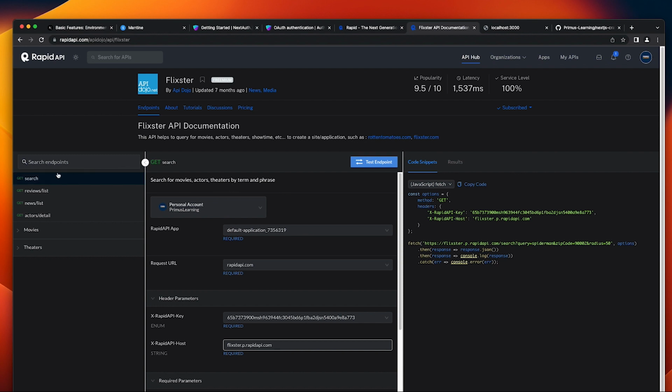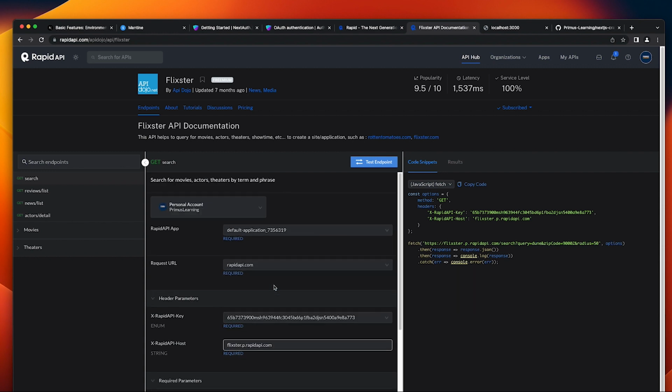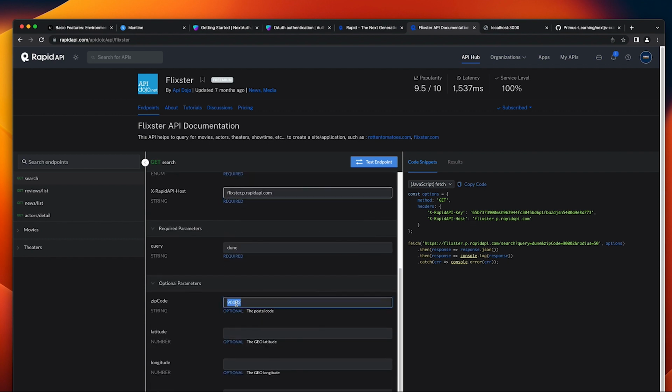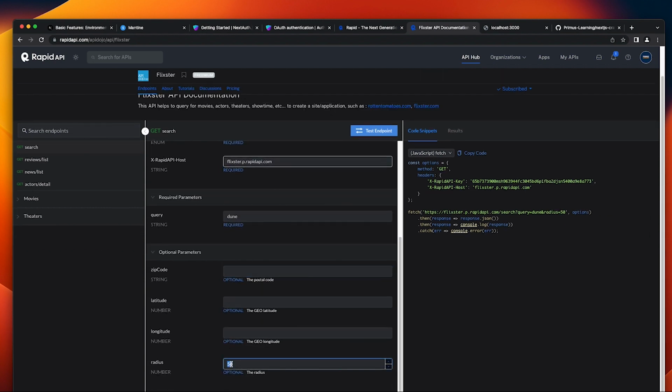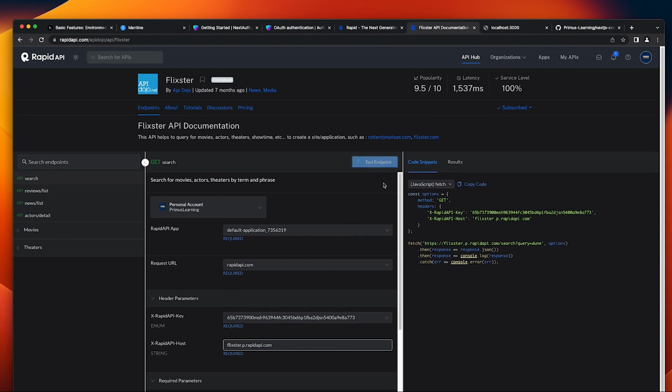So let's say we want to search for a movie, for example. So we're going to click on the search endpoints, and I'm going to scroll down here. You can see, let's type in Dune as our input or search term. As you see here, the fetch URL has been updated. It has this query parameter here saying Dune. I have the zip code, so we don't need to input any zip code in our case. Just click zoom and radius. If we check back here, you can see we have a very simple request query as the object and Dune as the search term. Now that we've filled in the required parameters, we're gonna click on test endpoint, and